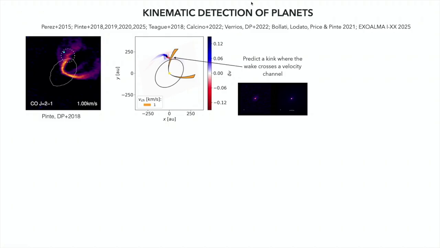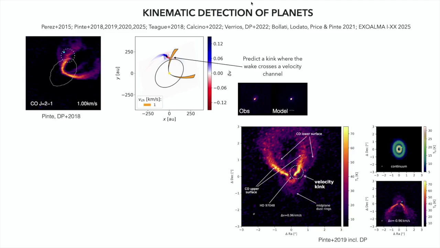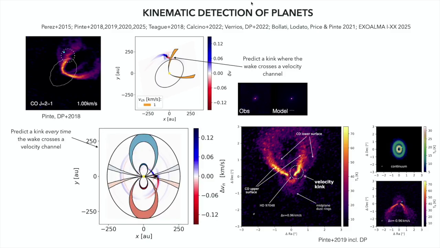If you don't believe me, that's the full cube, but here's another example in a different disk. Again, you see this local little kink in the velocity field. If you look at the opposite channel, if a disk was just orbiting in a nice axisymmetric way, the opposite channel would just be the symmetric reflection of this thing. But you can see that this little wiggle is definitely not on the other side. More significantly, the little wiggle is located exactly in the place that would be the middle of the continuum gap.